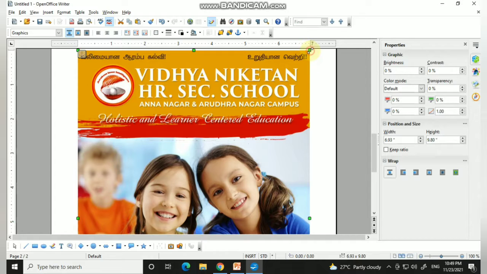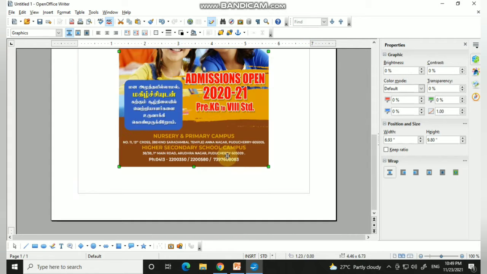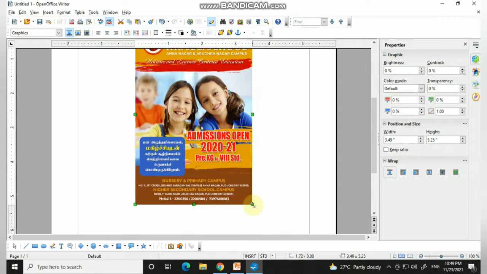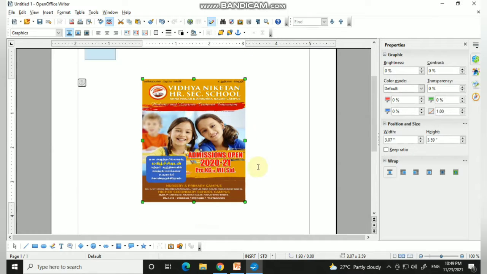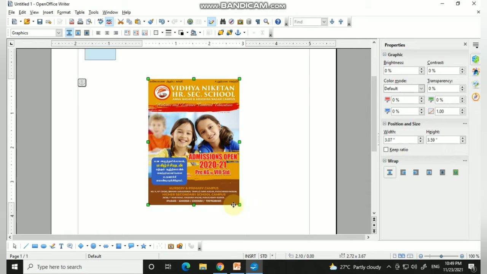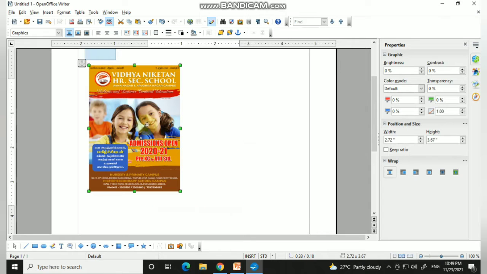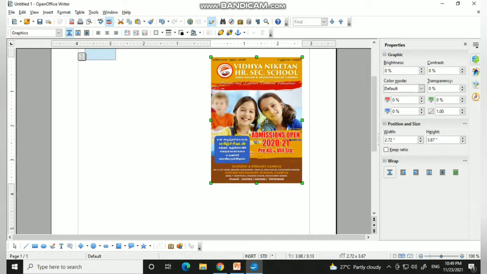Just click here and drag it, so your image size will be reduced to your desired size. And if the four-sided arrow mark comes, it means you can click and drag the image where you want. Even you can place it here, just drag it and move the image. So this is how you should add an image in your OpenOffice Writer.